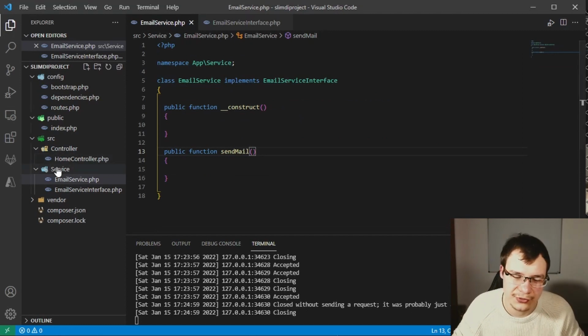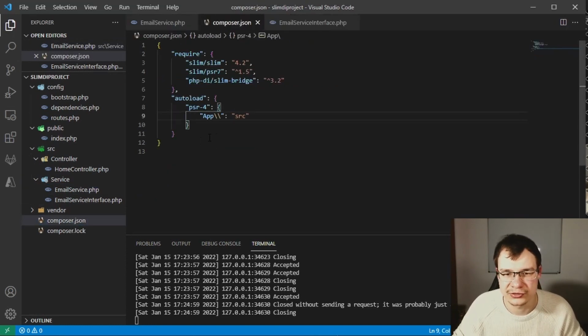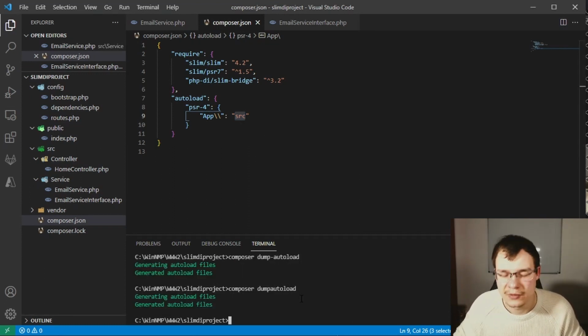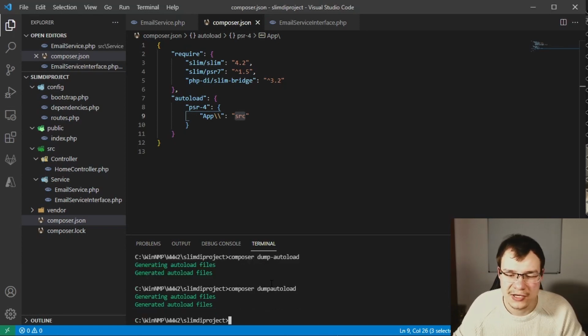Then I created this service folder and put our existing services into there. Make sure that the namespace fits your folder structure. In the last step of our reorganizing, you need to open composer.json and create this new autoload key, PSR-4, which is a PHP standard. If you want to know more about that, you should look it up or watch my later videos. We will basically map everything under the app namespace, which resides in that source folder, so everything maps correctly. One last tip: use composer dump-autoload to actually output your autoload file again,